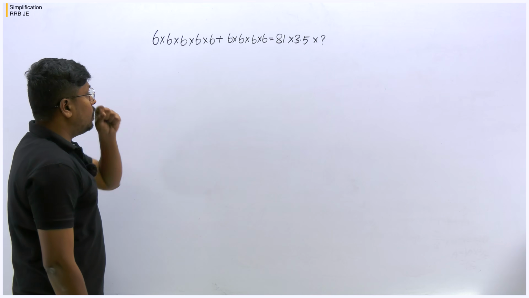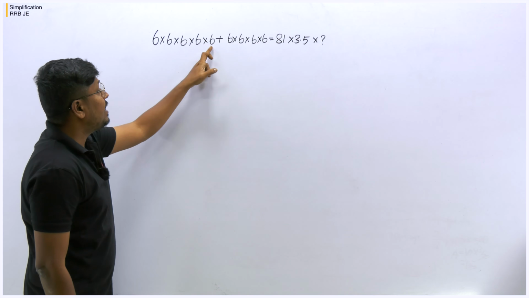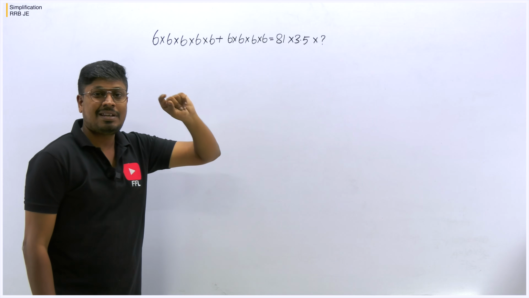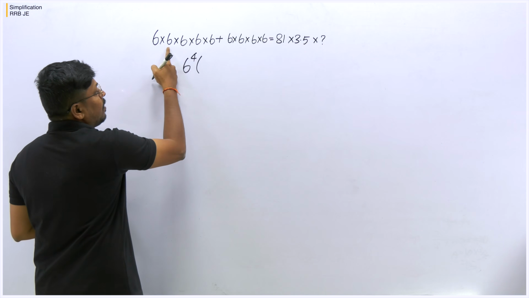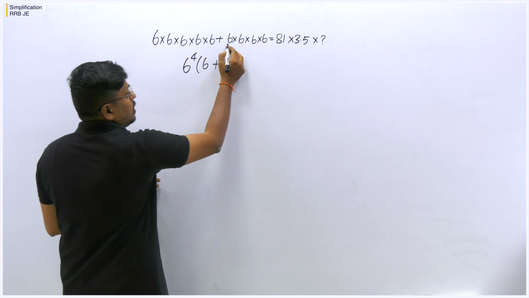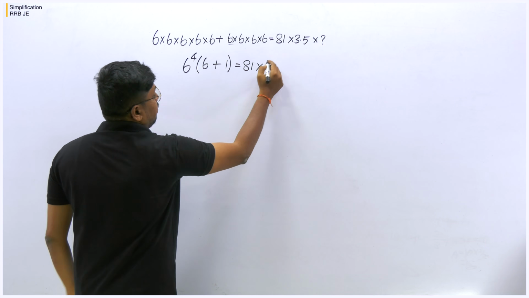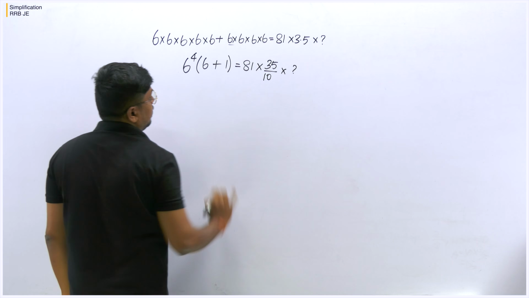So first we don't want to multiply all these numbers. Why? Because here we have 6 times 6 as well as 4 times 6. So what I can do is take 6 power 4 outside. When you take 6 power 4 outside, we have only 1 six remaining, that will be only 6. So plus if you remove all the 4 sixes, the remaining will be 1, is equal to 81. So 3.5 can be written as 35 by 10, into question mark, right?